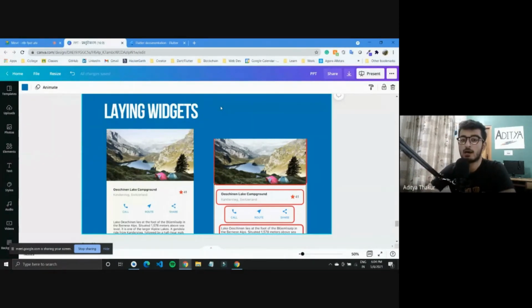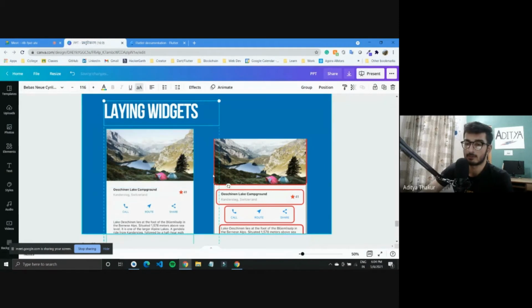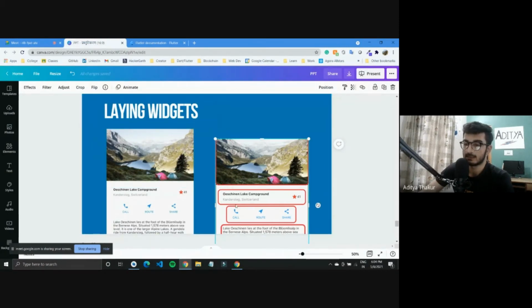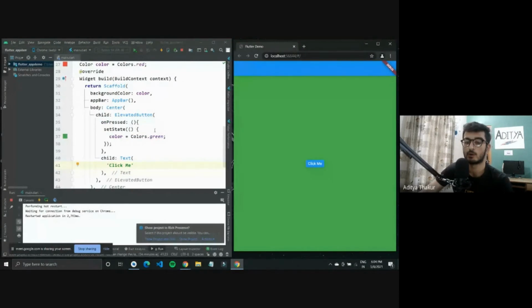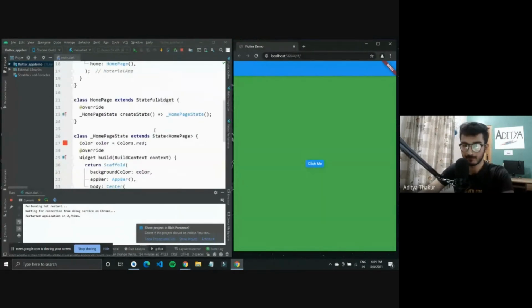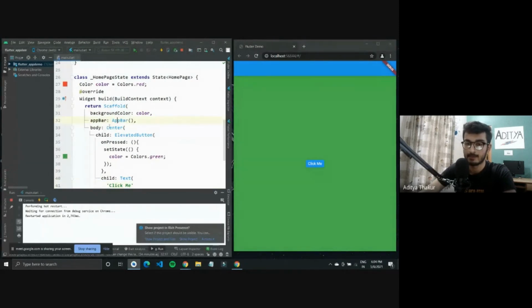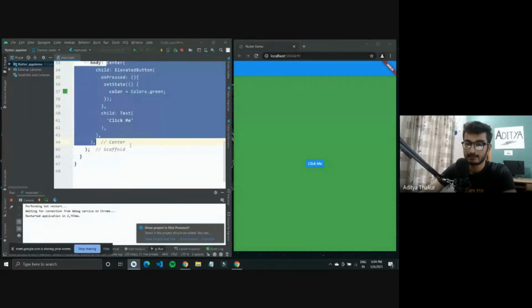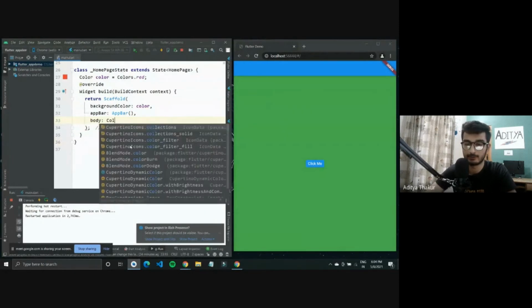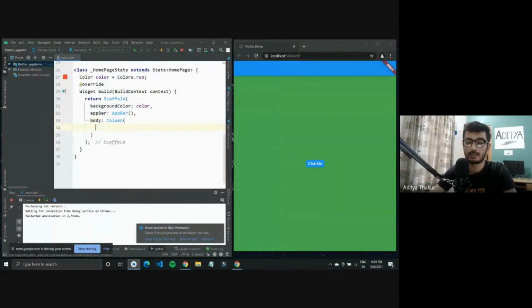So basically, if you are a Flutter developer, you will have to first visualize what these widgets are and how they are laid out. So we have this image widget on top, then we have this small text inside it, and then we have these buttons aligned. So if you have to align these widgets, that is what I wanted to show with the column and the row part. So we had this center widget in the center, but what you can do is use a column if you want to align these widgets.